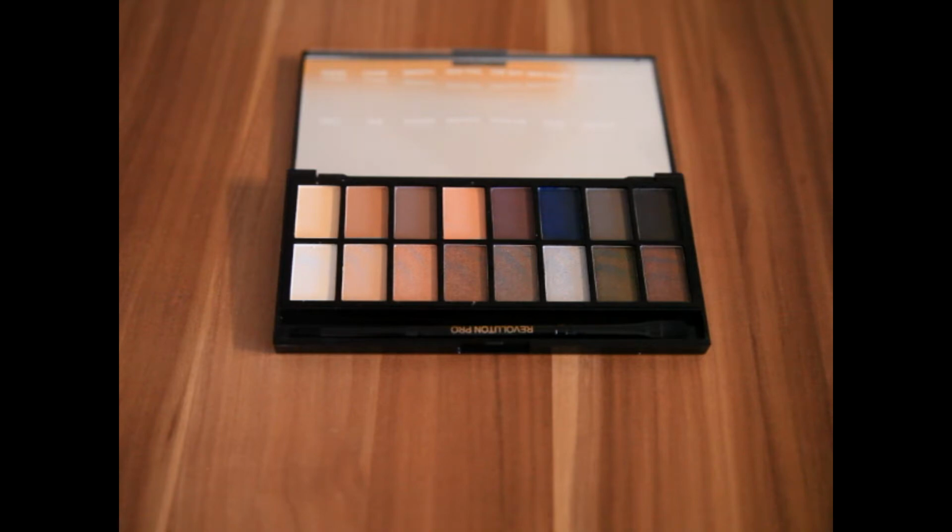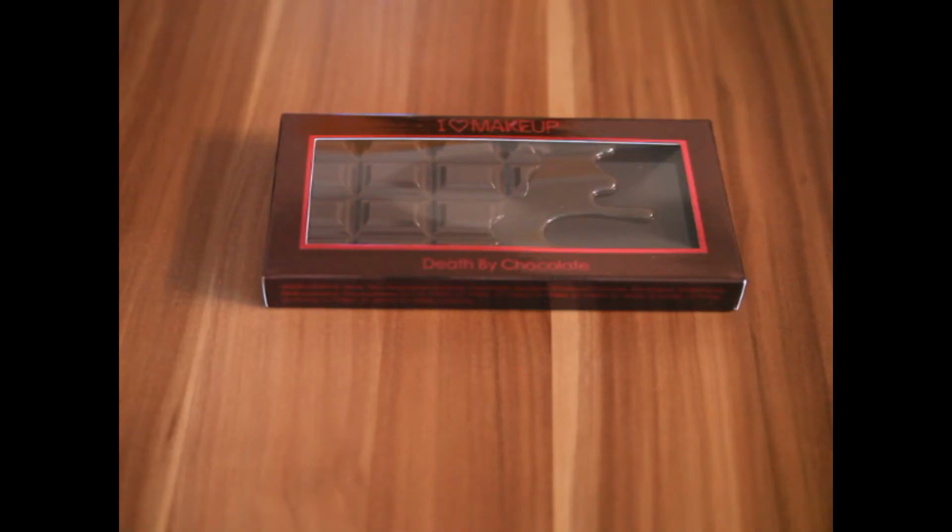I'm so excited. Oh my god. I don't know if anybody else gets excited like a little kid before Christmas when they get makeup, but I know I do. So moving on to the last object of this haul, I got one of the chocolate palettes,